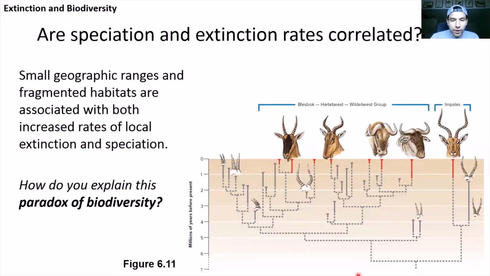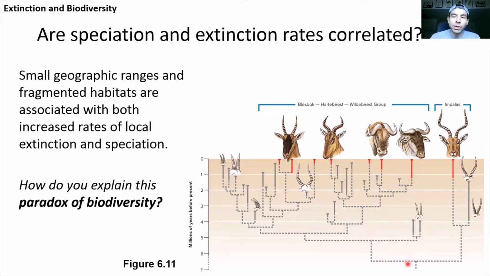Take, for example, this figure from chapter 6, the evolution chapter. If we look at these two lineages of African antelopes, we see this interesting pattern. There is the lineage of the modern impalas, and there's a separate lineage of the modern blesboks, hartebeests, and wildebeests. You see that there's only one species of impala, but there used to be two. So that means that there was one speciation event here, but then this species went extinct. So it's low speciation, low extinction,